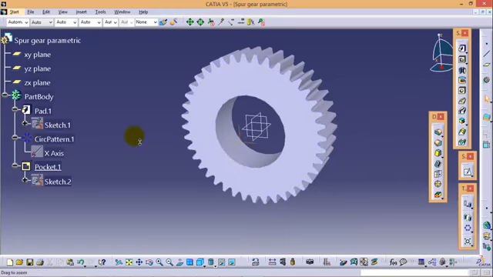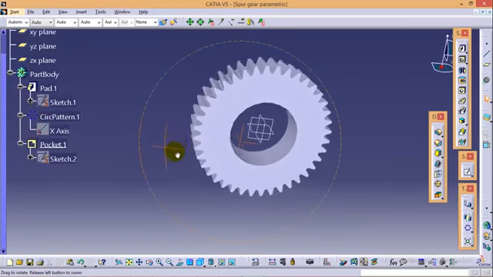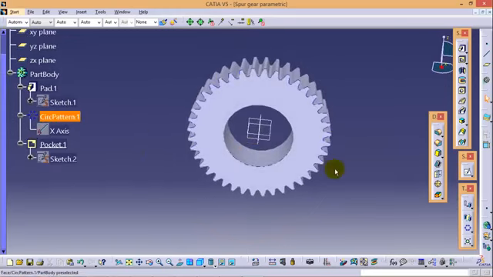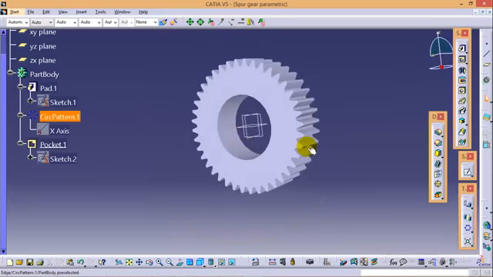So yes, here we are completed with the new figure. Now you can see it is very easy to change the shape as well as the number of teeth on the profile. So this is it for this particular tutorial.